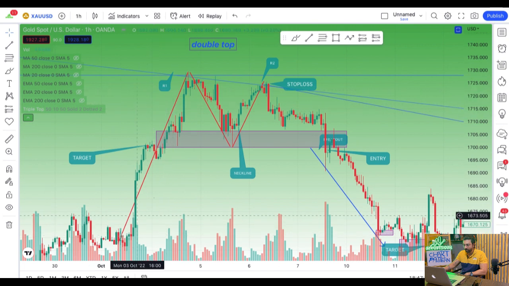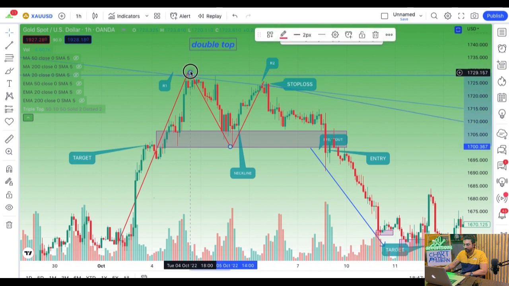So traders, here you can see the market is in a clear uptrend. Okay, from there is a resistance R1, which you can say is resistance 1. From there the sellers pushed the market towards a downtrend, and the market gets support from the neckline. The buyers are waiting there to push the market back up. So the market was in an uptrend, the sellers pushed the market down, the market got support, and from there buyers pushed